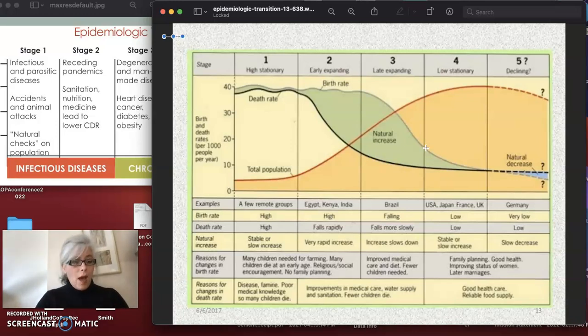So let me stop this video here before I get too long, and I will come back and we'll pick up with stage 3 and also overlap this epidemiologic